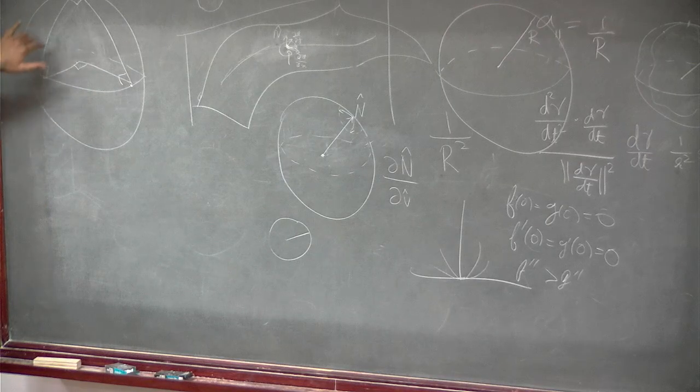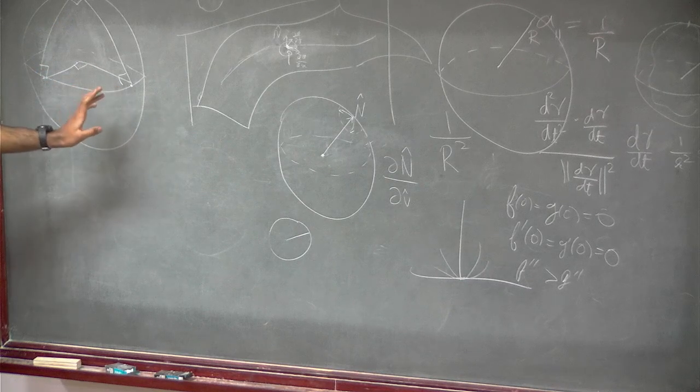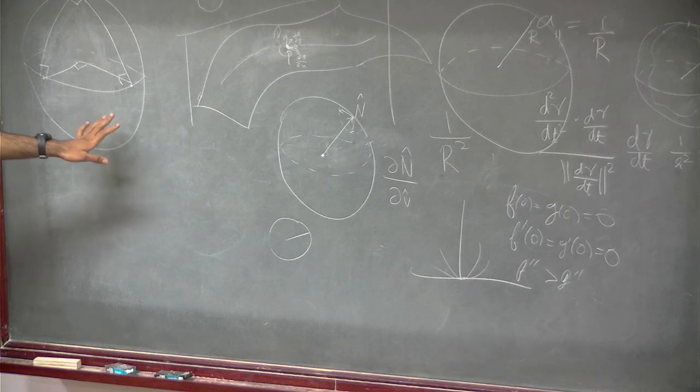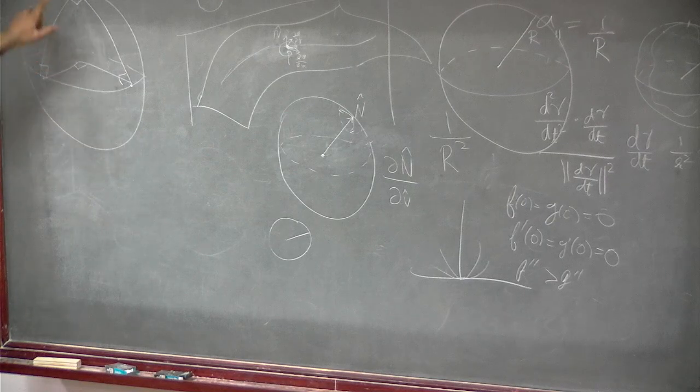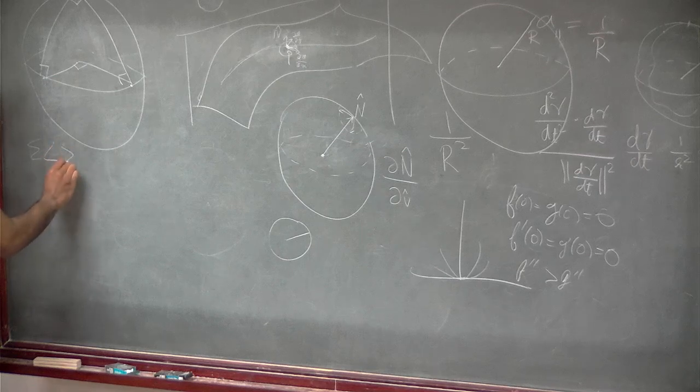So you get a triangle here, but the sum of the angles is greater than 180 degrees. Each of these angles is 90 degrees. Is everyone okay with this? Does everyone accept this fact? Yeah. So the sum of the angles is greater than 180 degrees, which is a little weird,